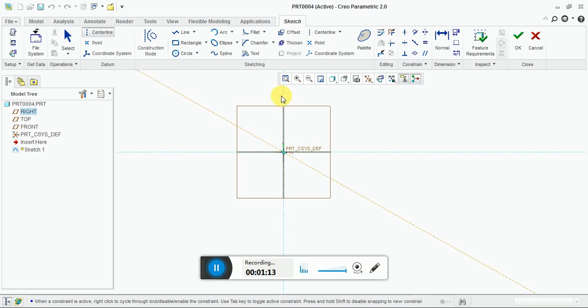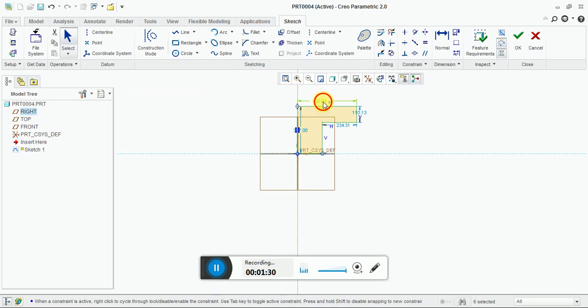So first draw the center line. Okay. Then draw a simple line. Suppose we want to draw a simple bolt. Dimension it with respect to your application.